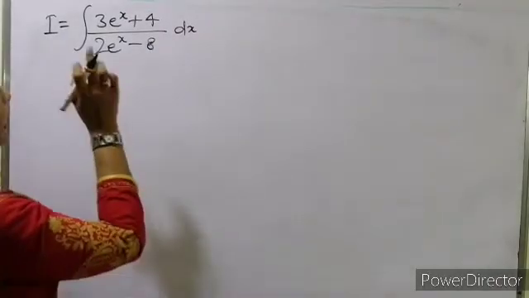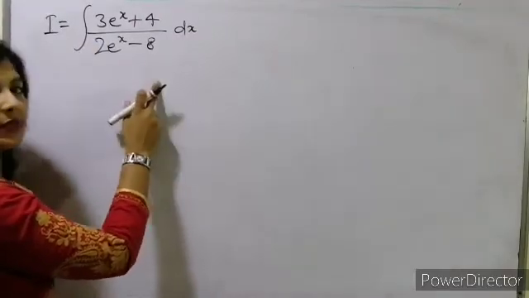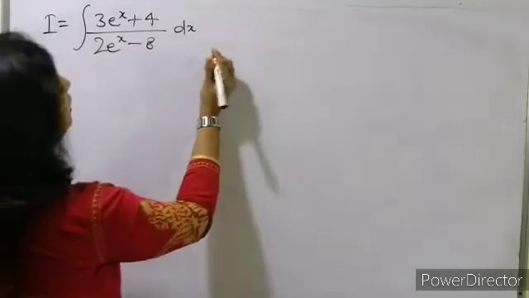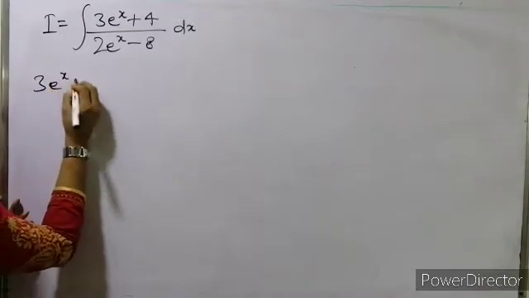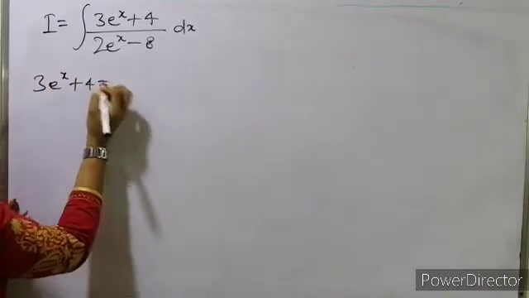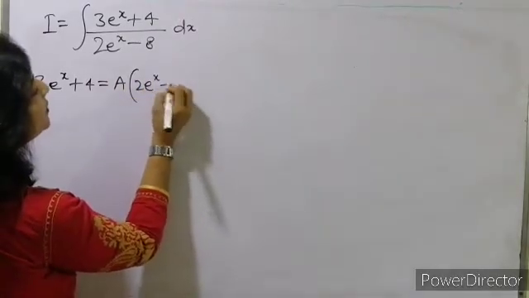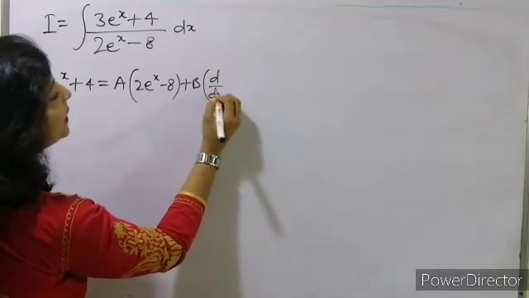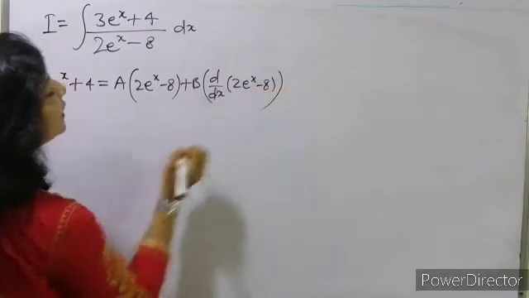वैल्यू, again a e to the power x plus b divided by c e to the power x plus d के फॉर्म में है, so how will we do this? First of all numerator should be equal to 3 e to the power x plus 4, numerator है, should be equal to a into denominator 2 e to the power x minus 8 plus b into the derivative of the denominator 2 e to the power x minus 8, ठीक है।